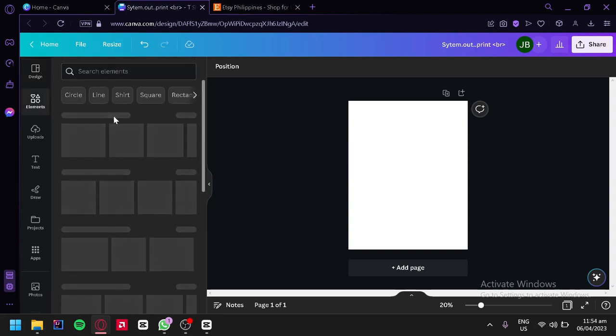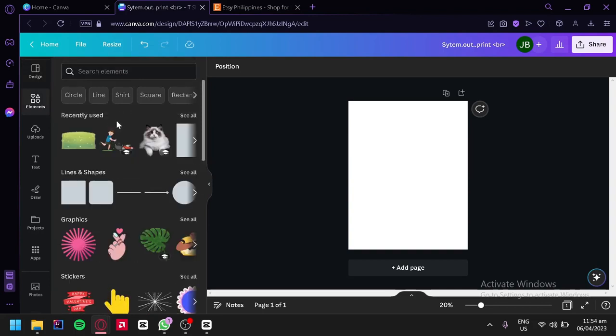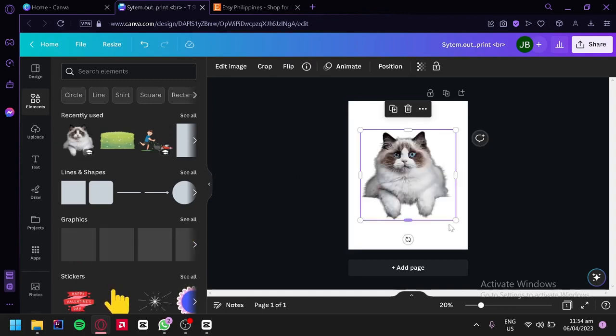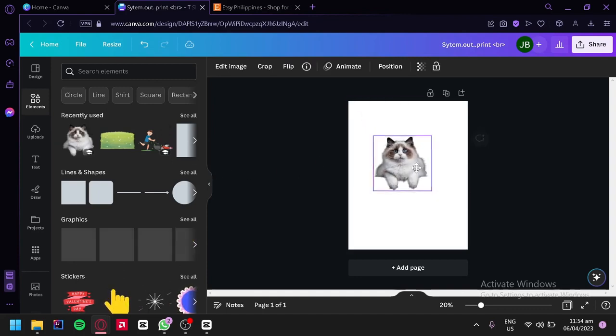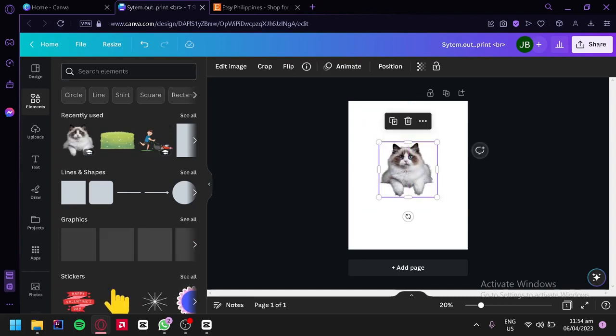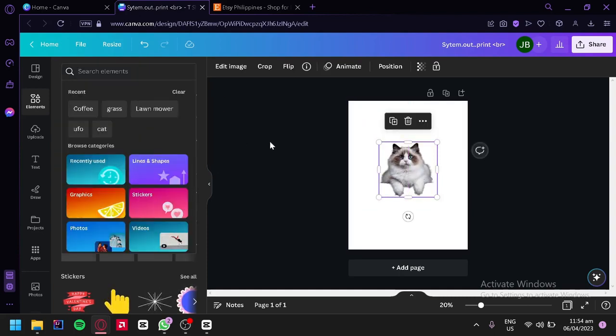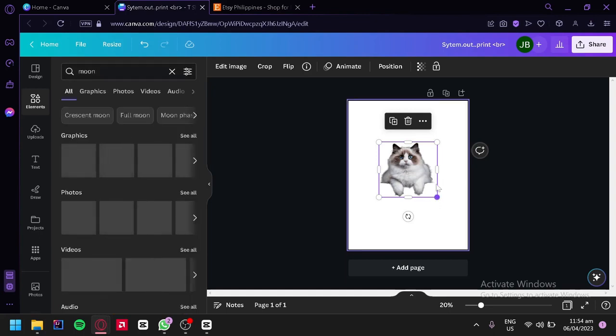Now, other elements, you could basically use any elements that you could think of and make them combine into a mockup that you could use. For example, we're going to use this cat image over here, and we'd put it in the middle of our canvas. And then you could think of any other elements that you could use that we could combine with our current element. For example, we could choose moon, just like that, and we're going to wait for our graphics and